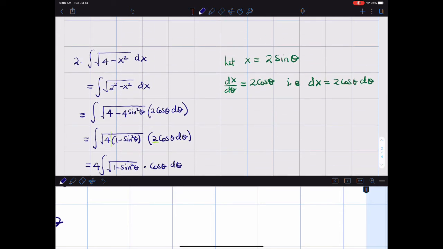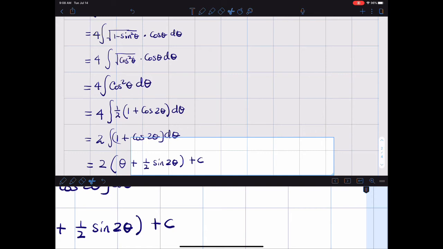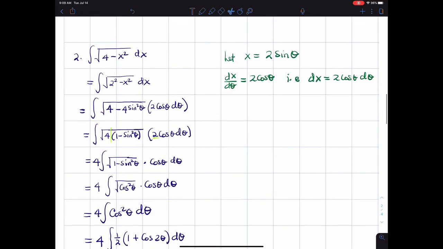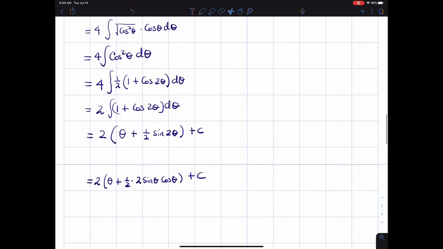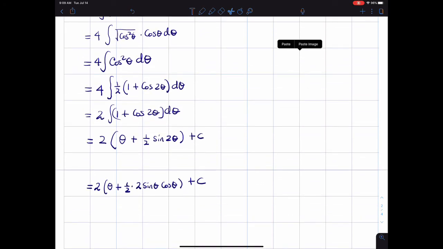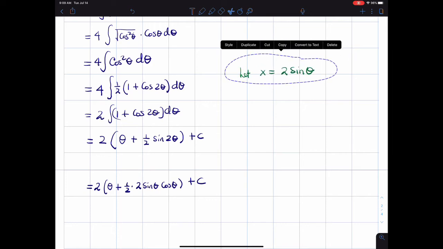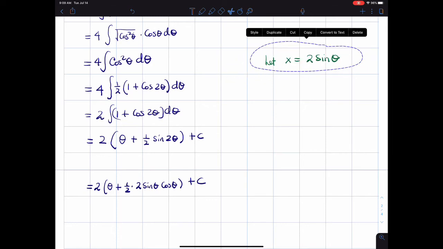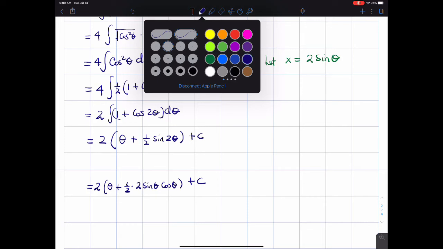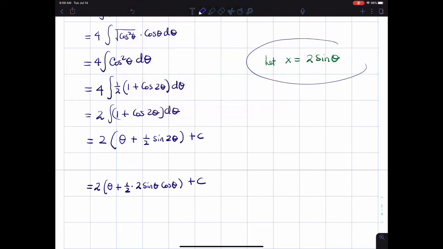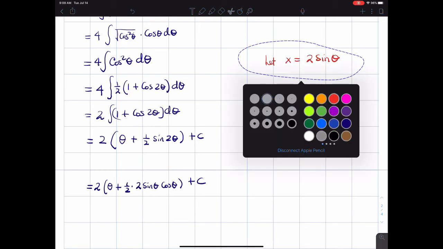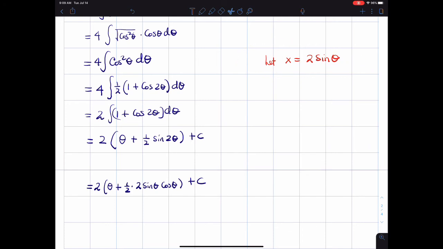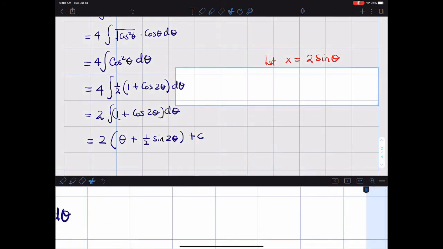So I'm going to copy this and bring it right here so we can see where we are. All right. So our goal is to go back from